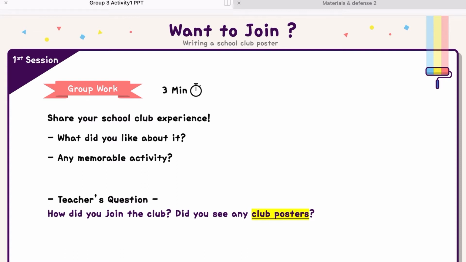Suzy? Maybe I remember seeing some posters. Exactly. Especially these days, you can easily see some posters on our classroom boards or on any walls that's waiting for someone to come and join the club. And you may also need to make a poster to recruit new members for your own club. That is exactly why we're going to make our poster throughout our classes for this week.